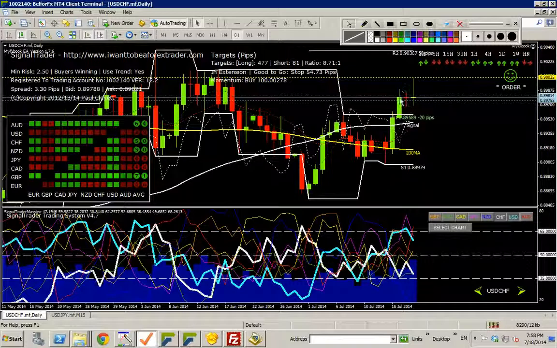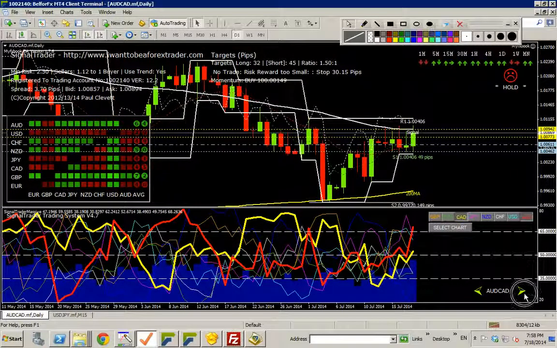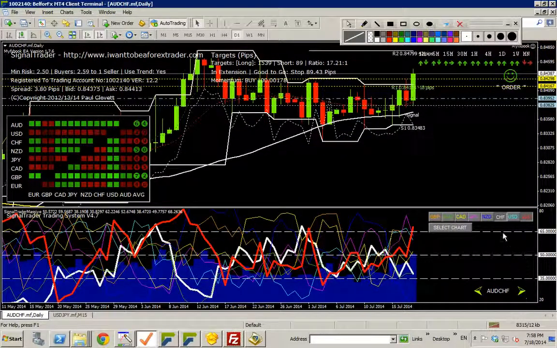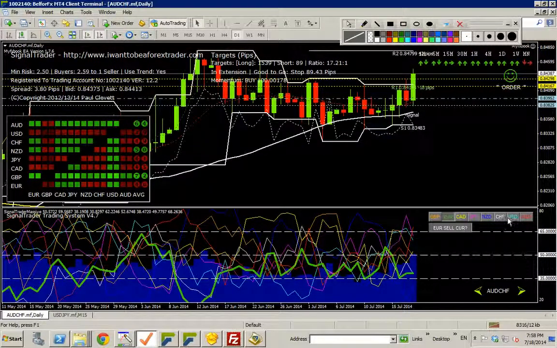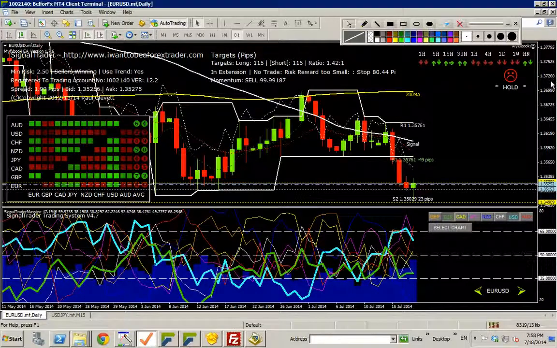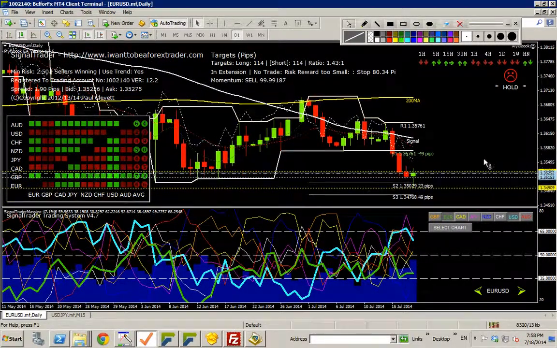See as well, while we're looking at it, look at the way the pips are changing. Let's try and find where it is actually moving a little bit. Let's get euro dollars, normally one that sort of shifts around a small amount, but it is quite a slow part of the day. So you can see all the pips here, they'll actually change with the price. So as the price moves up, for instance, if it moves up and goes away, this will 23 pips towards the